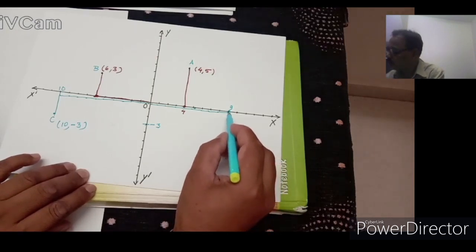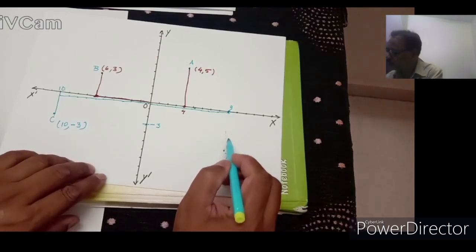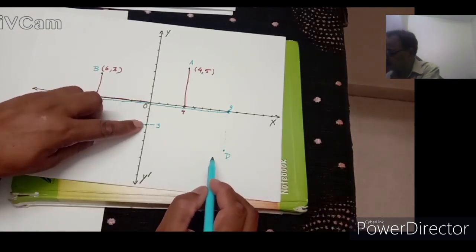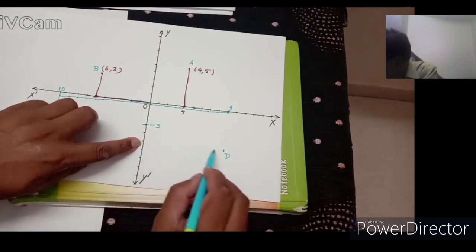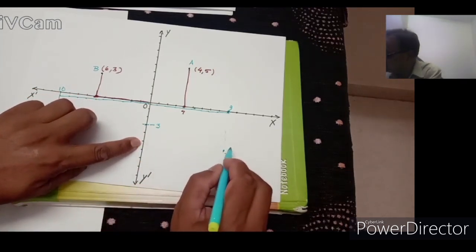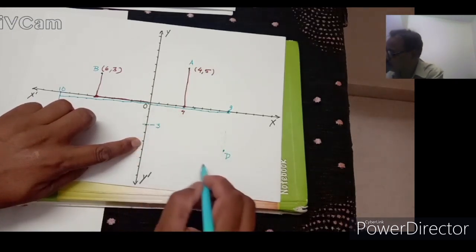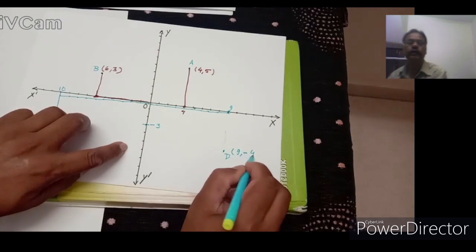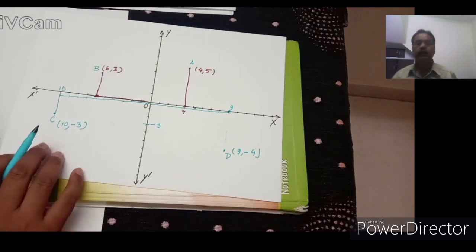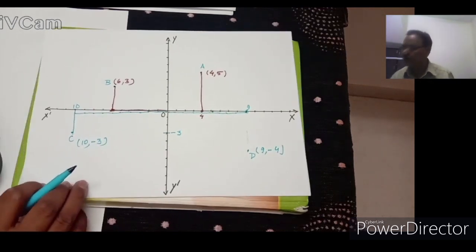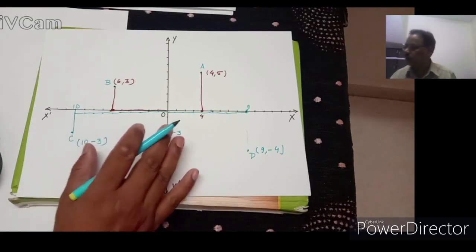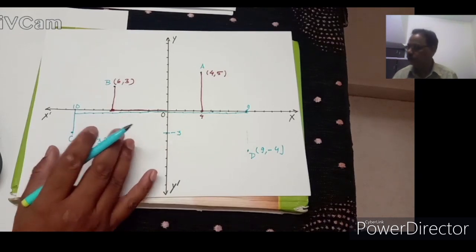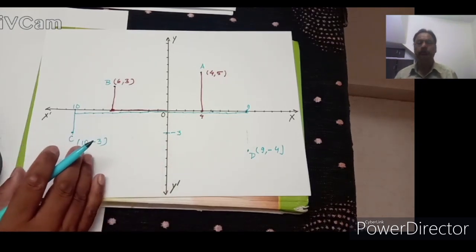And now we will move towards the negative direction of the y-axis. How much do we move? Let us see. Yes, 1, 2, 3, 4, 5. We have moved 5 units on the y-axis negative side. So the coordinate of point D will be 9, -5. So we have written the coordinates of these points which are already given on the plane, but coordinates were not given. So we have written the coordinates of the given points.